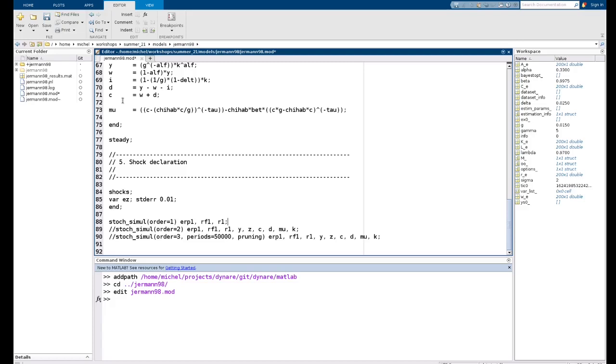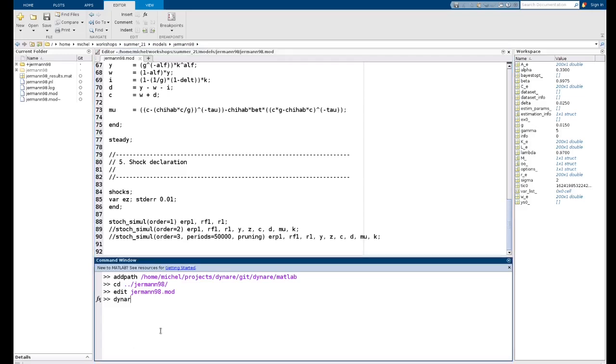In the MATLAB editor, don't forget to save. As long as the file has been modified and not saved, you have a little star here. If you press Ctrl S, it doesn't do it. Ctrl X S for me saves it, and the little star disappears. So now if I do dynare yearman98,